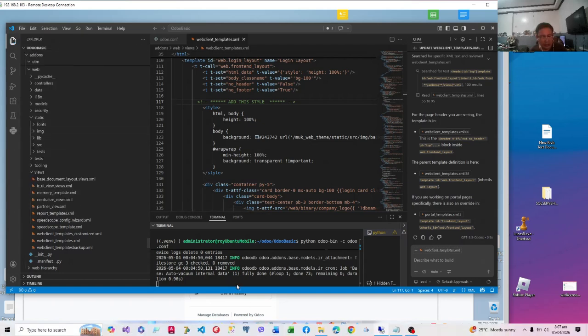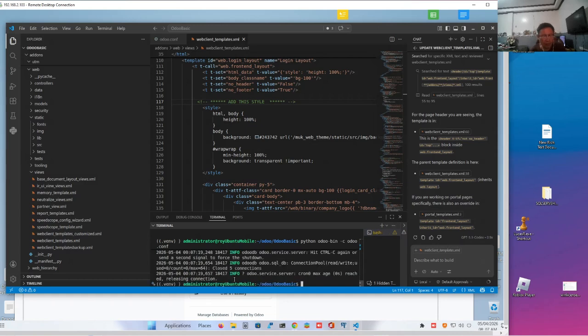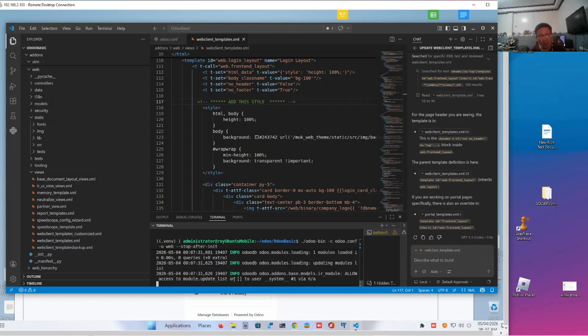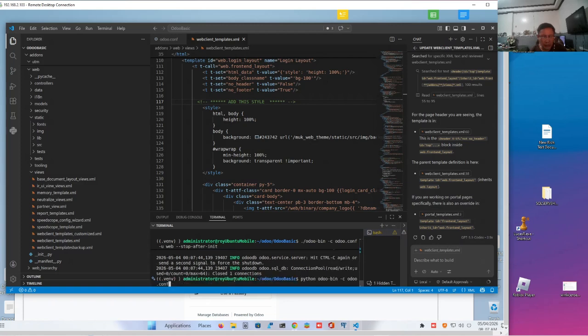Let's save this. Let's stop Odoo and update it again. That's the way to update it: odoo-bin -c odoo.conf -u web. Update the web app and stop after init. We'll have to wait because we have stop after init. And then run Odoo again.